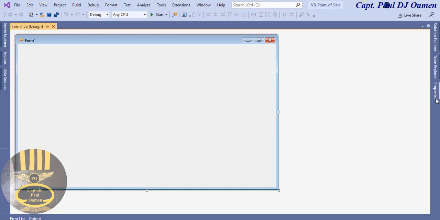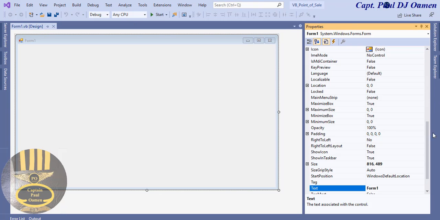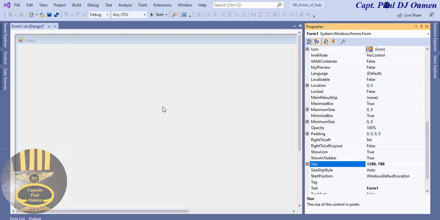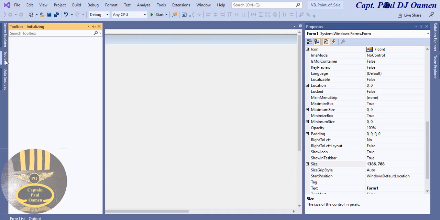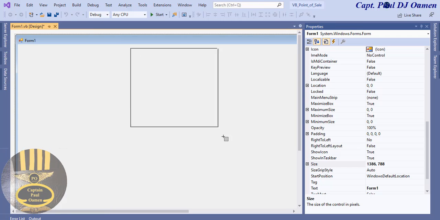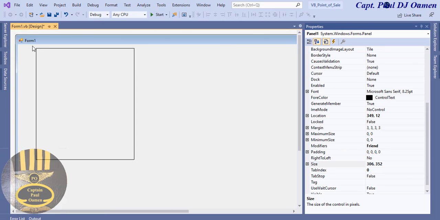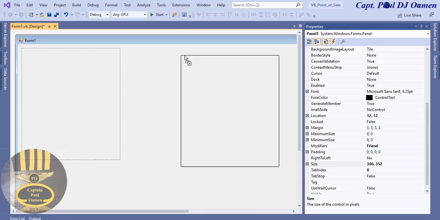Okay, now my development environment is ready. I'm going to go straight into the properties right there, and let's change the form size to 1386 by 788. Press enter there, and now let's go straight to the toolbox there, and we need a panel. I have one panel there. I'm just going to copy this panel across anyway. So hold on to your Control, click and drag. We want one here,